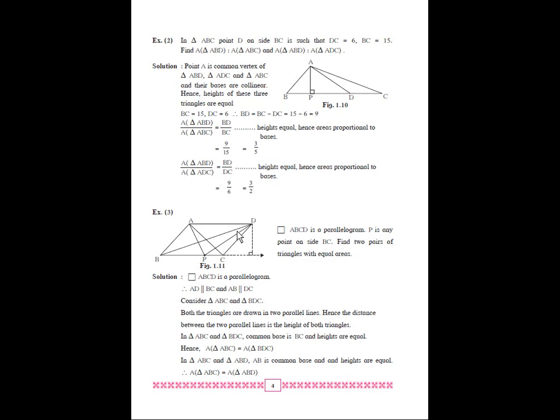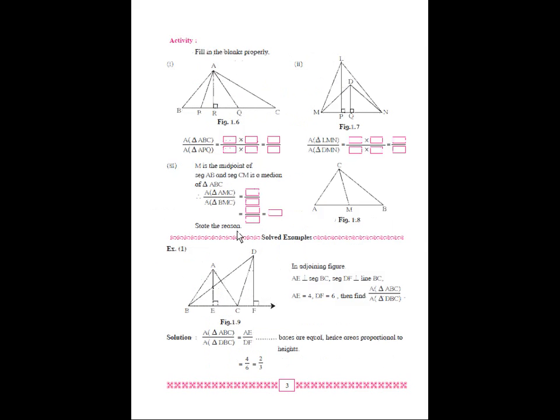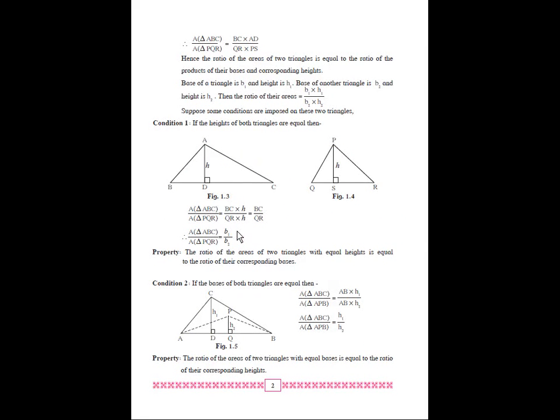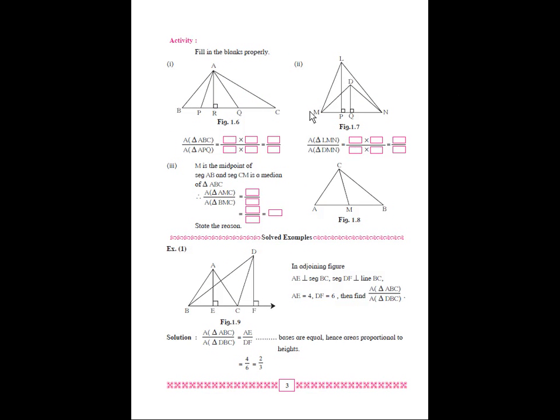Okay guys, you can stop here, as we have discussed the two properties, two conditions to find the ratio of triangles by area. Do not forget these two properties: when the base is equal and when the height is equal. If you have any queries, you can call me, or you can post your message in our WhatsApp group also. Try to solve the activities they have given you, filling the blanks properly using these three examples. Okay, thank you.